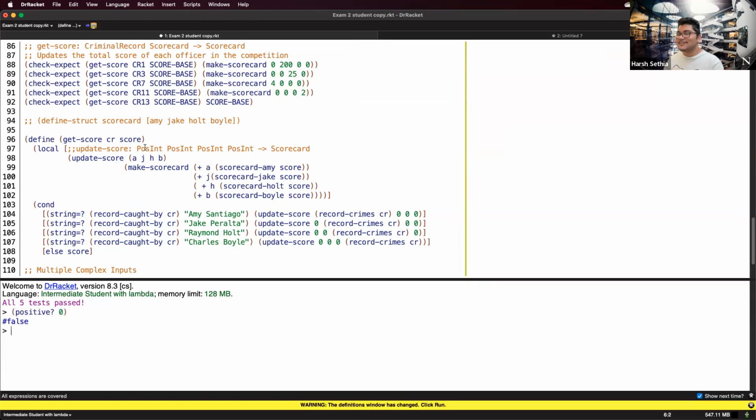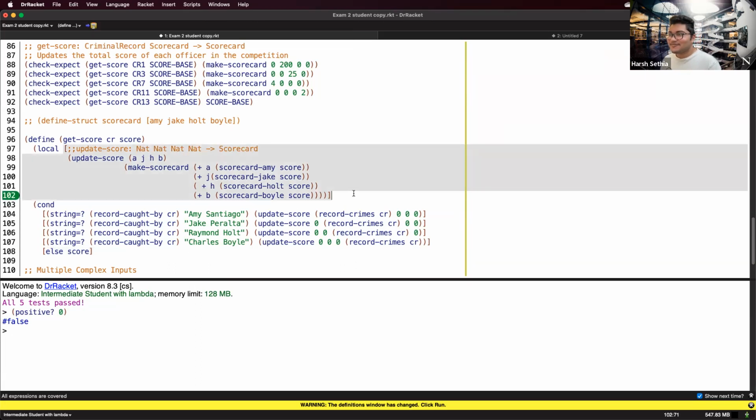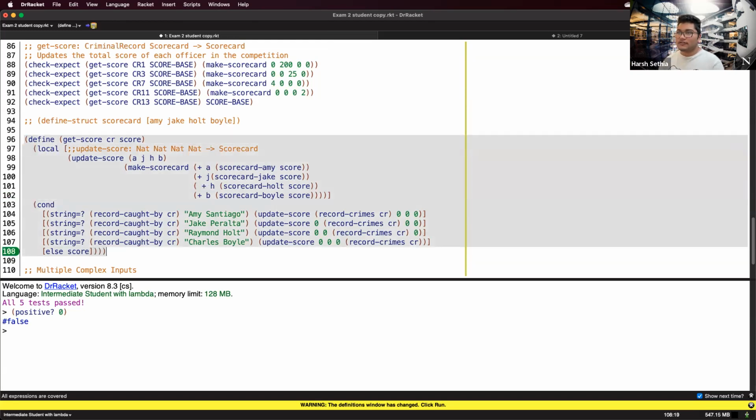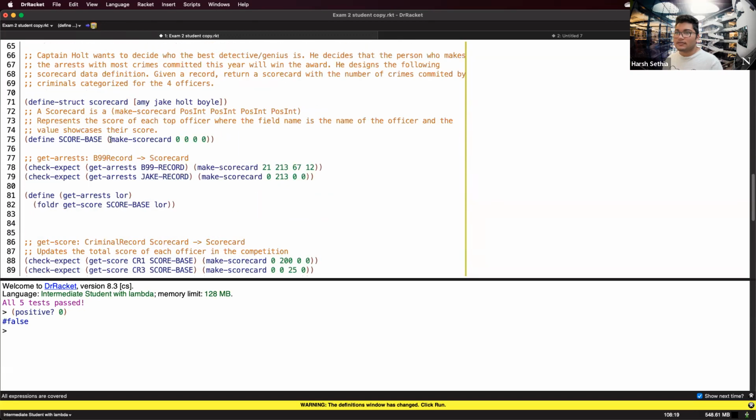Yeah, okay, so these would have to be natural numbers because zeros are not considered positive integers, so we would need naturals over here. I, as a TA, would probably get a point or two off for doing that. Okay, so that is what our local function would look like, and the reason we used a local is because we are using this global variable inside this local function, right? And so if we do that,